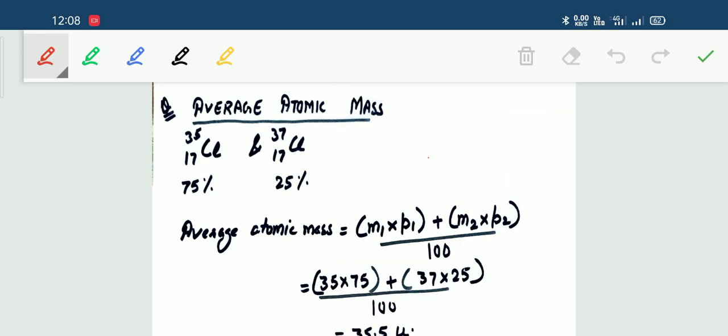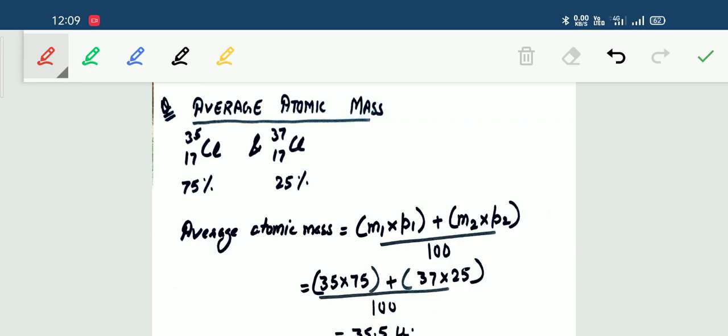Now students, as we know, the mass of an atom is equal to its mass number, but if there are different isotopes of a particular element, then what would be the mass of that element? In this case, chlorine exists in two isotopic forms, one is chlorine 35 and the second is chlorine 37. That means the mass for this isotope is 35 and the mass for this isotope is 37. So how will we be able to know the exact mass of chlorine? Whether we have to choose 35 or 37 for our calculations, for our studies.